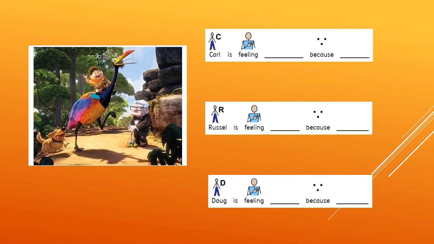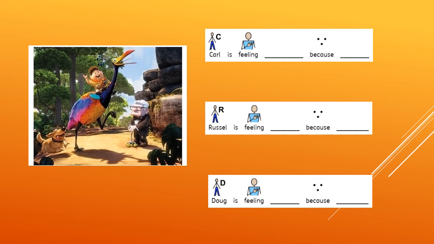Now it's your turn. By yourself, I would like you to create 3 sentences for this picture. I'd like you to tell me how Carl is feeling, how Russell is feeling, and how Doug is feeling. Let's create one together each, and then you're going to pause the video and try and make them by yourself. I think Carl is feeling